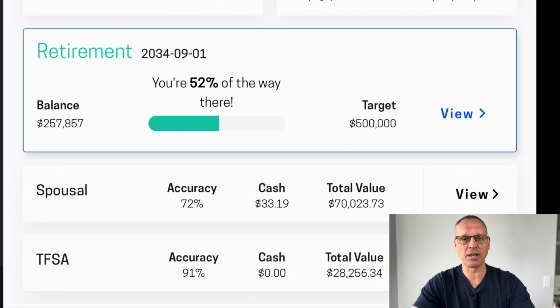and let me briefly explain why. I have a pension and my wife does not. So this is how we're going to supplement the two. My pension income will be supplemented by this money that essentially will be able to draw down at the time both my wife and I retire. So right now we're 52% of the way there. And of course, that will continue to change as the accounts grow and we continue to make our regular contributions